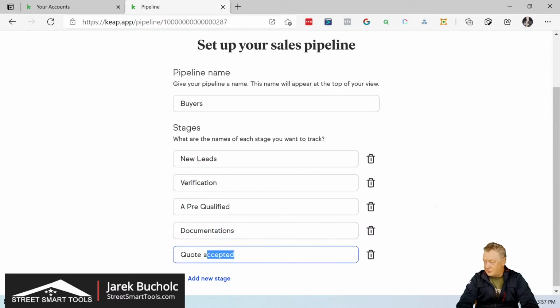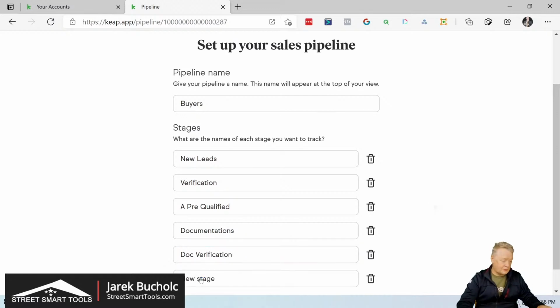Documentations, then doc verifications, we have to verify it. They will be uploading that doc verification, right? Now we can add it. Let's go. I have a kind of cheat sheet, and doc verification. Now we will be doing closing,